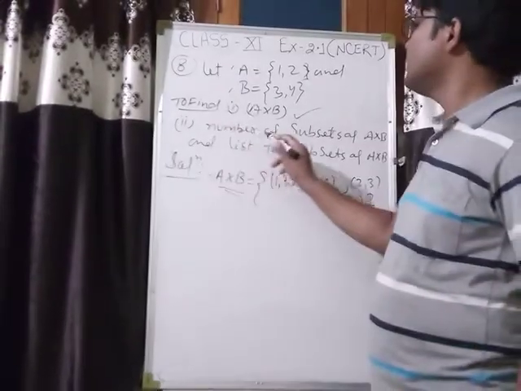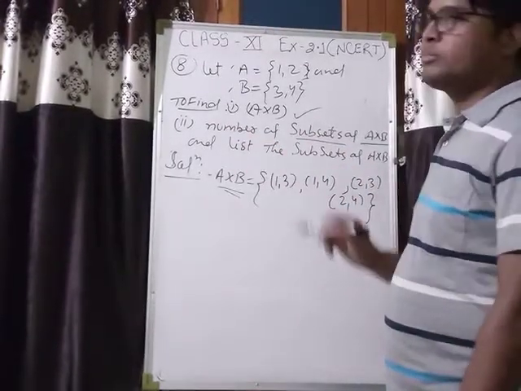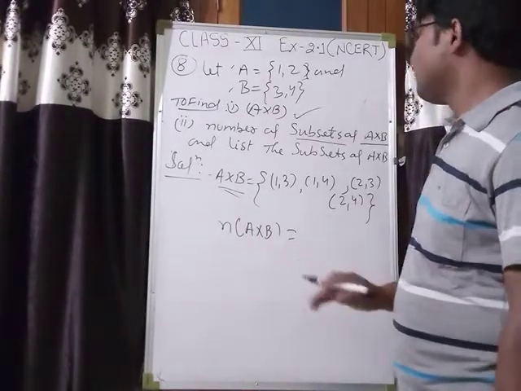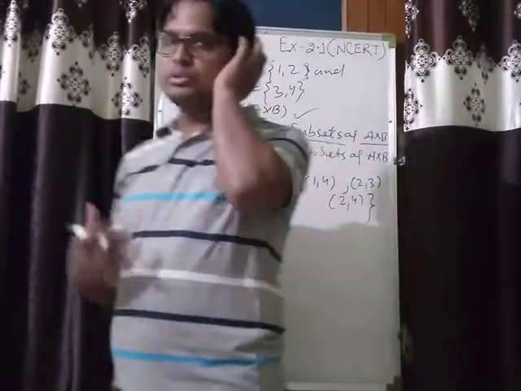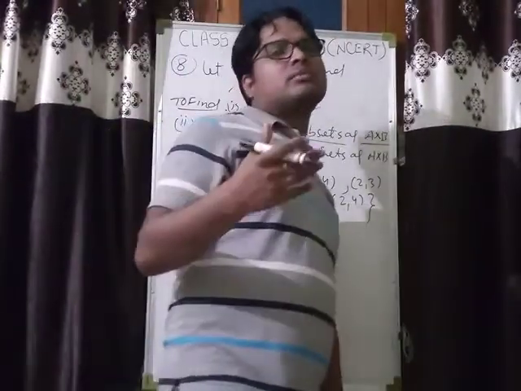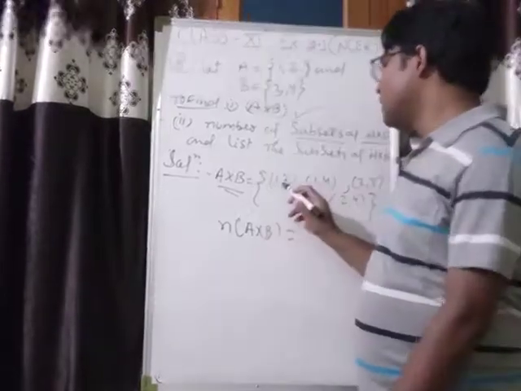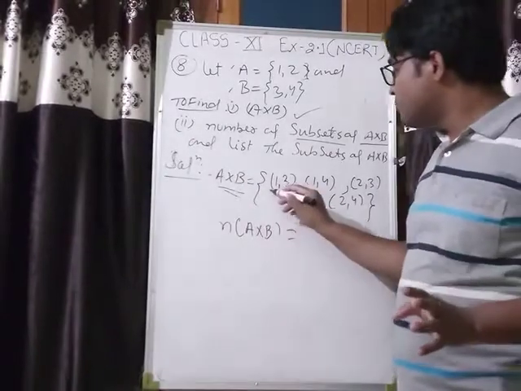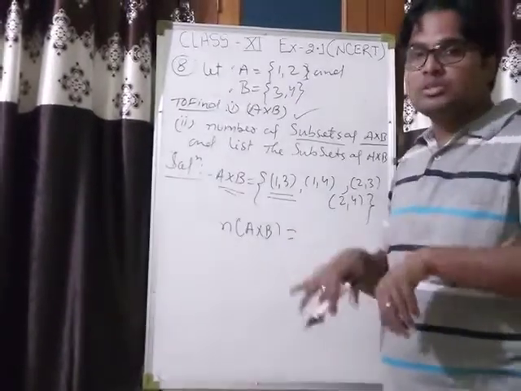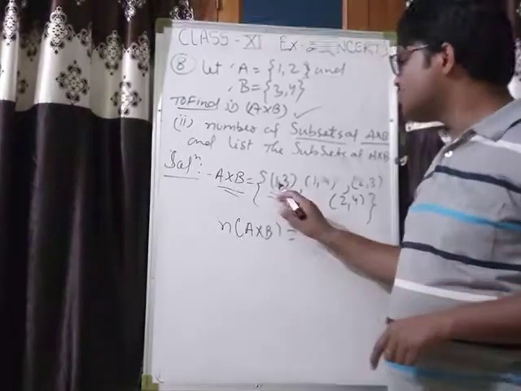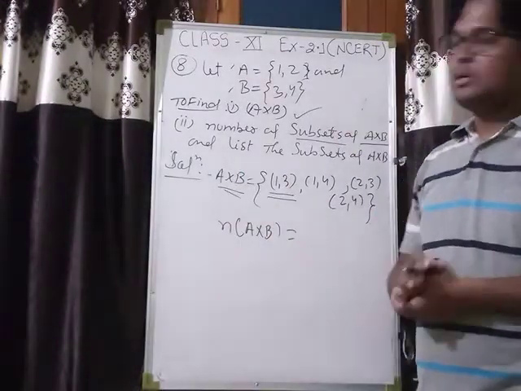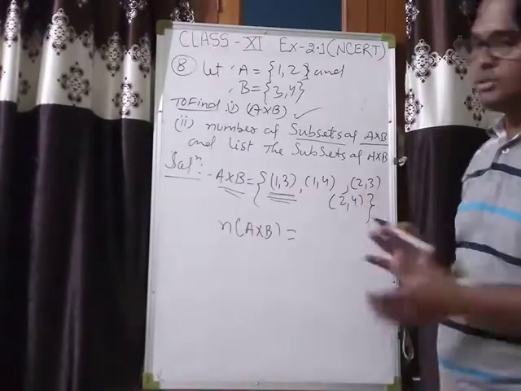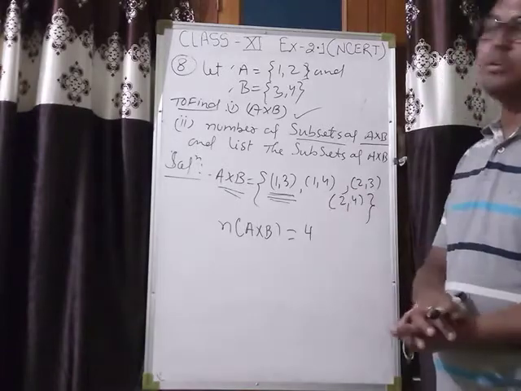Now it asks how many subsets A Cartesian product B has. See here, how many elements are in A Cartesian product B? We know that in the Cartesian product of two sets, elements are in the form of ordered pairs, meaning 1 does not belong to A cross B, 3 does not belong to A cross B. The ordered pair in which the first element is 1 and the second is 3 belongs to A cross B. So that is not 2 elements, that is 1 element. 1, 2, 3, 4 elements. So there are 4 elements in A Cartesian product B.